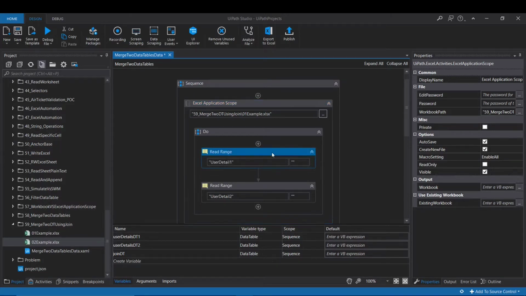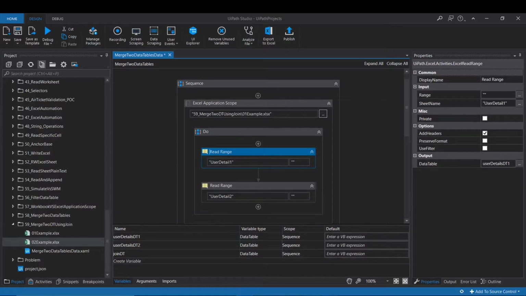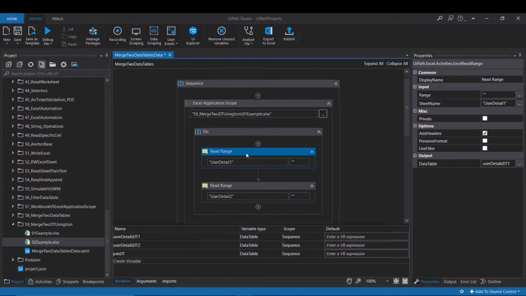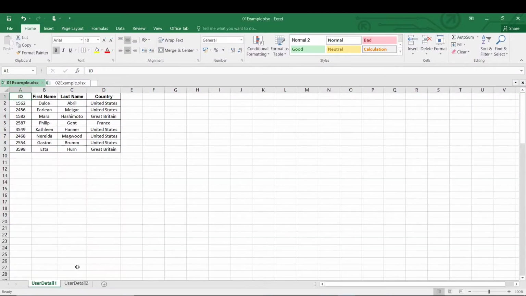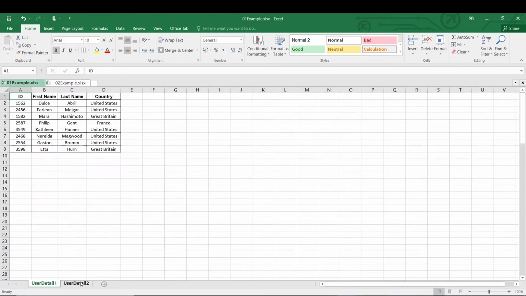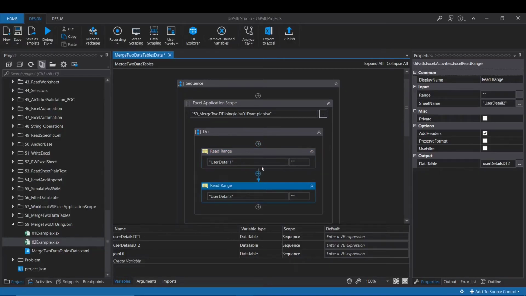The first one is user details 1. I have taken the read range activity to read this sheet and provided the sheet name as user details 1. The same I have done here, providing user details 2.